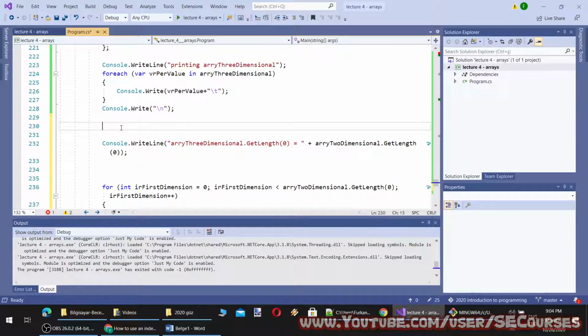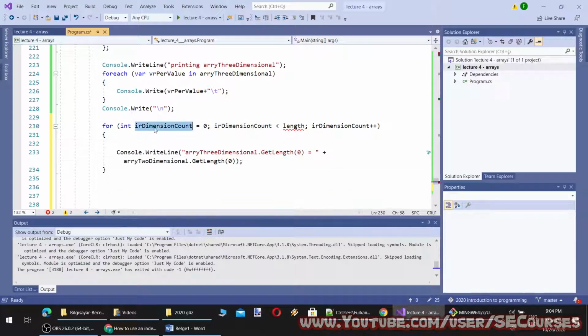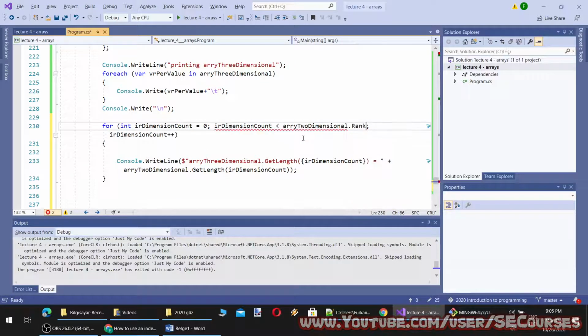But the count, and you see, I am going to dynamically code this like this. This will be the rank of the array.